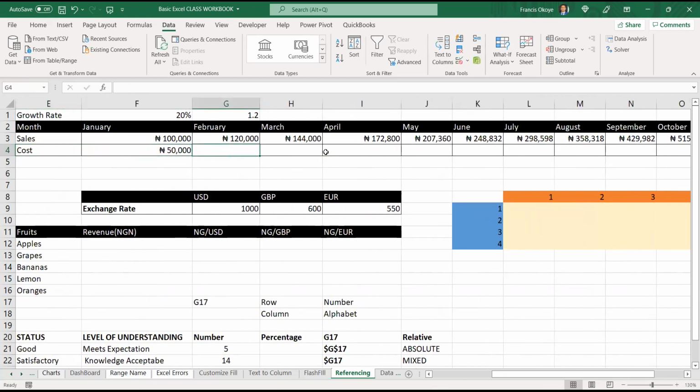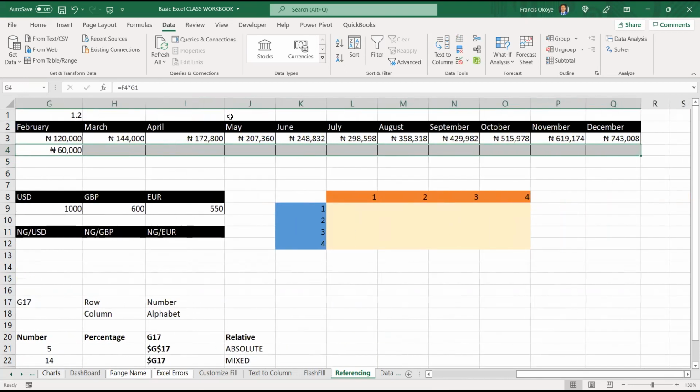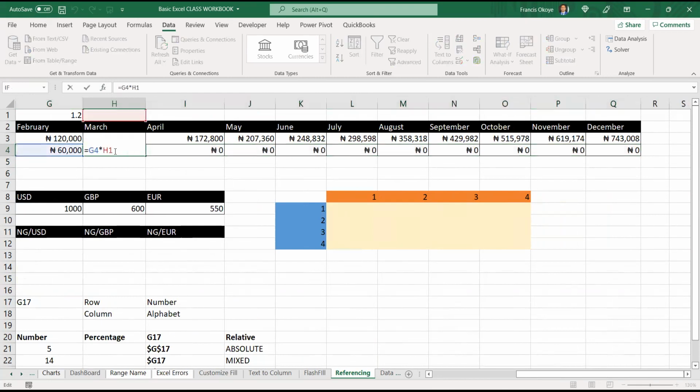So you must always be careful of how you are doing this calculation. If I am doing it this way, I am just doing this multiplied by this. That's all. Now, what is happening now? We didn't reference that.